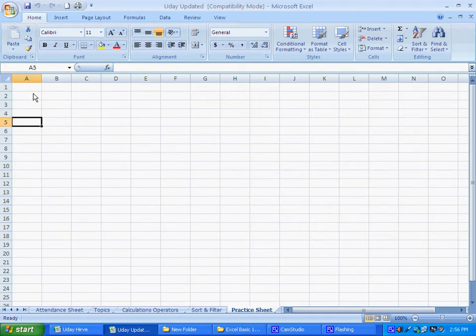What is happening? Your cursor is going down. This dark part which is going down is called the cursor. As soon as you press the down arrow on your keyboard, you can move downwards on your Excel spreadsheet.